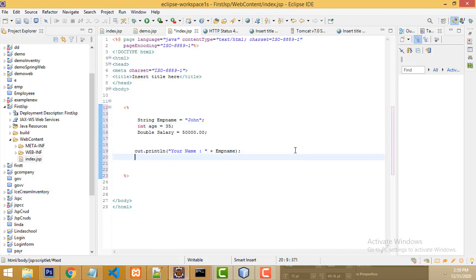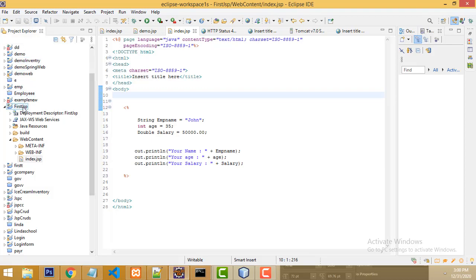Let's do the same thing. Control C to copy, Control V to paste. Here is your age. You have to put this variable here. Double, Control C to copy. This is your salary. A simple one, right? Now right click, save all.